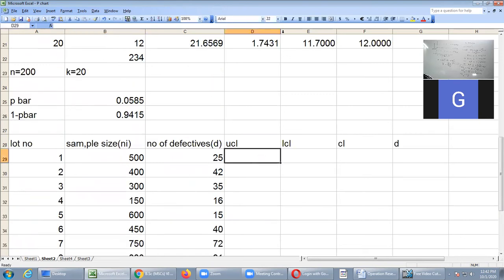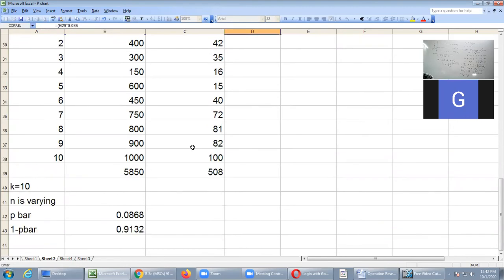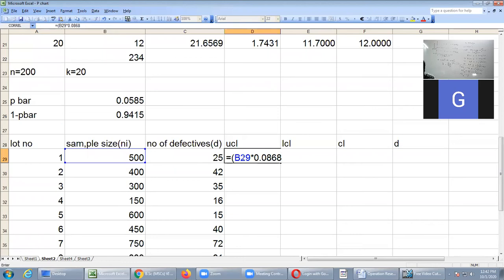Now you have to calculate UCL. All of you know the UCL formula for varying n: open the brackets, ni. The ni values are changing, so whenever they change, you have to select ni into the p bar value, which is 0.0868. Close the brackets, plus 3 into sqrt.